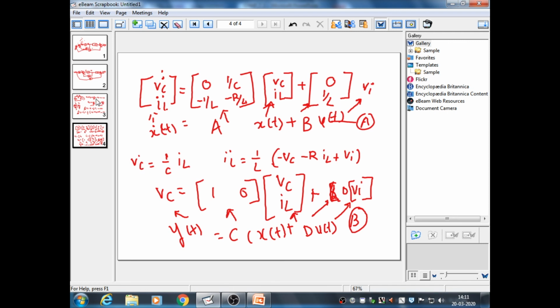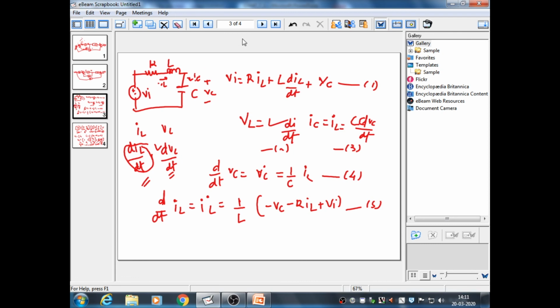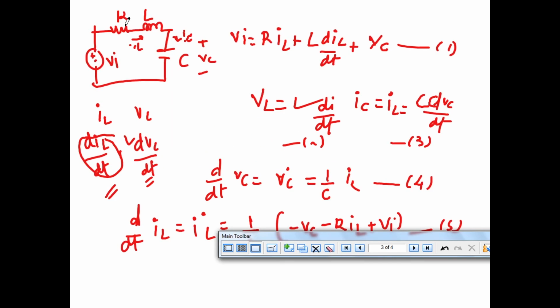I just want to repeat how we have prepared a state diagram. We have taken one RLC series circuit. The input was VI, and R, L and C components were there. It is a series circuit, so the same current IL is flowing in all elements. Before writing KVL we have to choose the state variables. We are choosing the current flowing through the inductor and the voltage across the capacitor. Make sure that the number of storage elements decides how many state variables we choose.